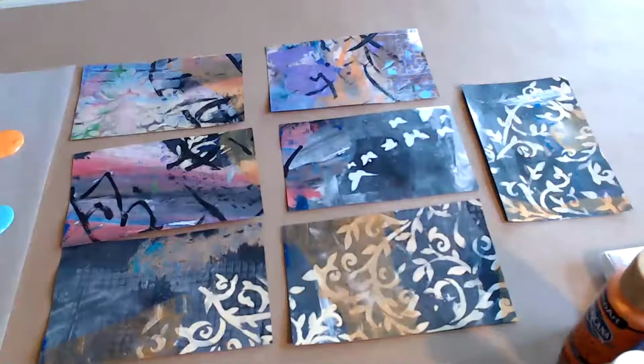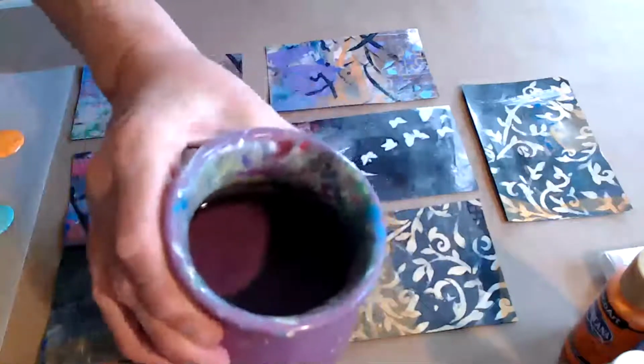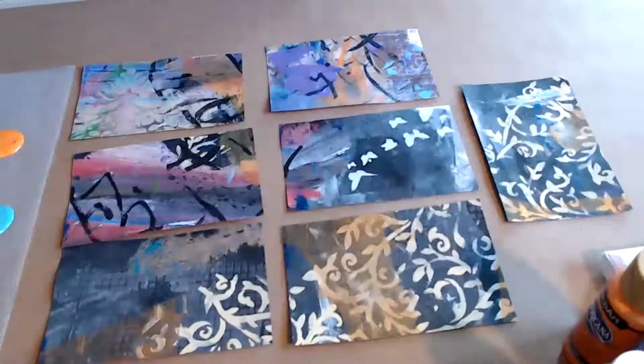Dee Dee was sharing her paint palette, water jugs, and all of that. And yeah, I cleaned this. It's gone through the dishwasher and everything. The paint is there. It's happy on there, so I'm going to leave it. But she said, I think it's Janet Young gets upset at her because she doesn't do a deep clean on her paint palette. But